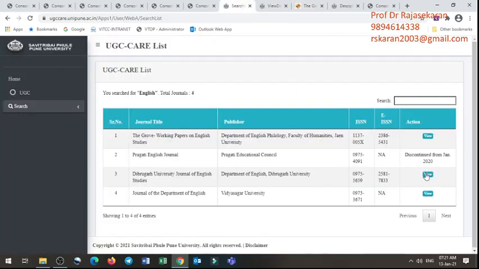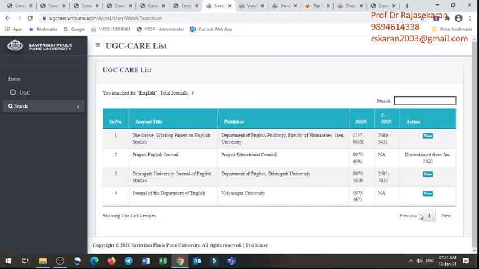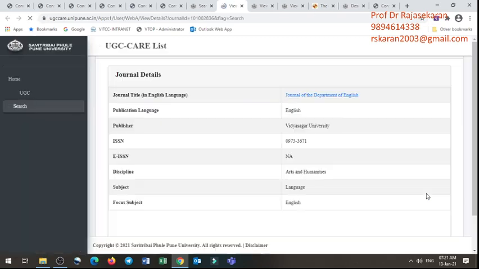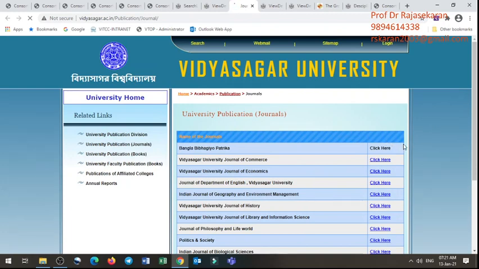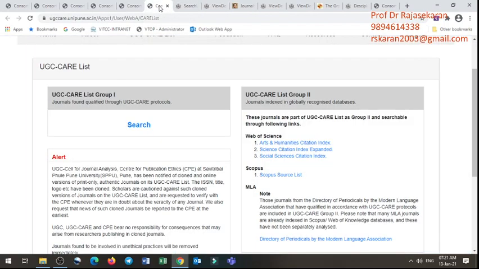If a certain journal may not have the web version, fine. If it is there, it is well and good. This is the first thing you have to click and check, and you can verify if it is really good. Everything is there. So, this one also for the next check, let me show you. Yeah, it is there. There are so many journals, you can go to the particular journal you want to check in that same university. Okay. Now, let us go to group 2.